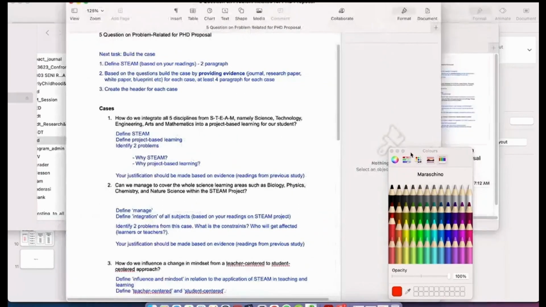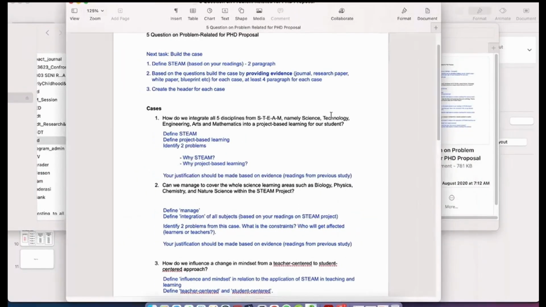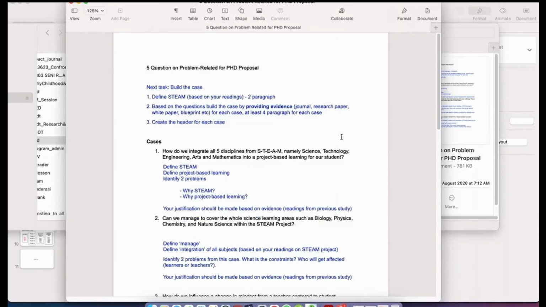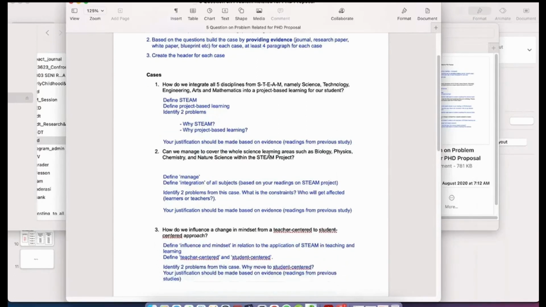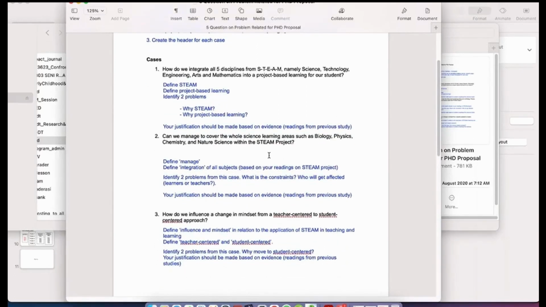Now, this is actually at the early stage. This is a PhD student, not a master's student. At early stage, I will ask the candidates to write a proposal, just following the steps just now. Next task, we ask the candidates to build up the case, define, this is the grey header, and then how do we integrate? This is actually the question, examples of questions